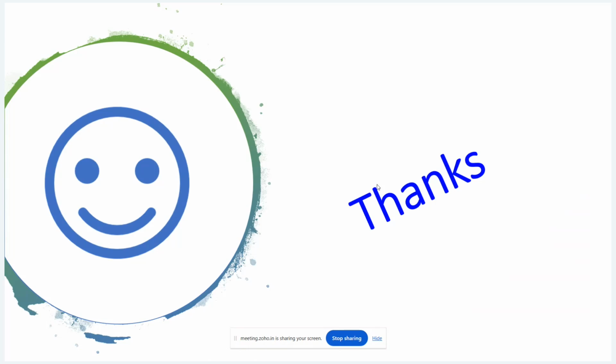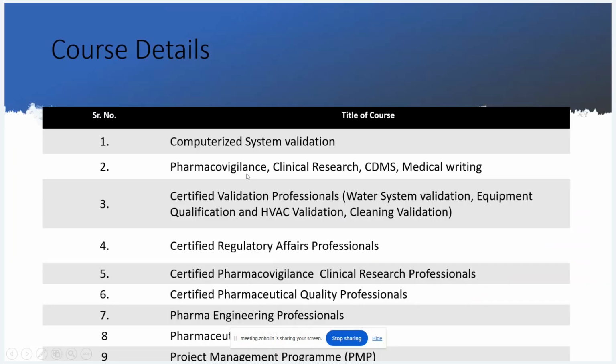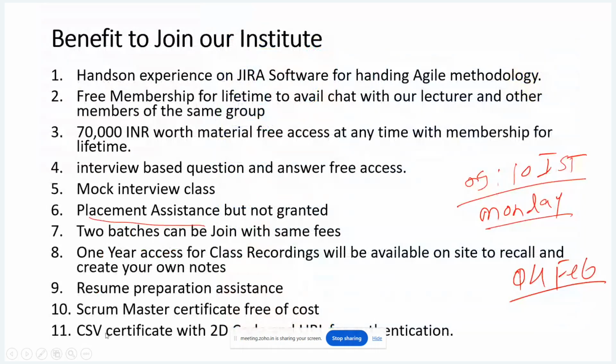If you have any other questions. Interview preparation, resume building, yes, it is written in the beginning itself. We are going to assist you with resume preparation. Okay. You may not have seen it properly. Resume preparation is there. Plus the course, yes, after course completion, resume preparation will be there. You can have a self-assessment plus certifications. One year recording will be available.